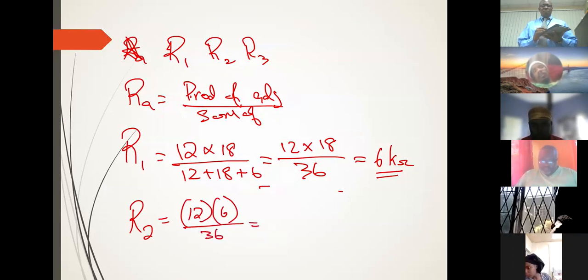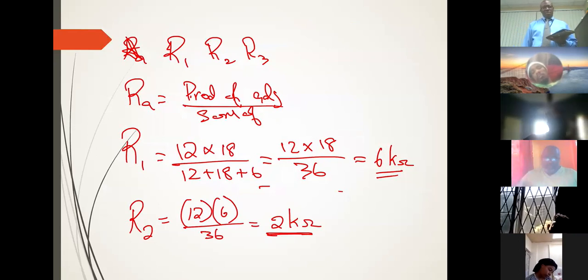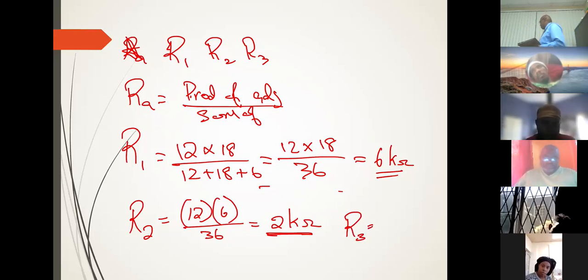So that gives us, all right? And R3, what's R3? 6 times 18 over 36. Which gives us